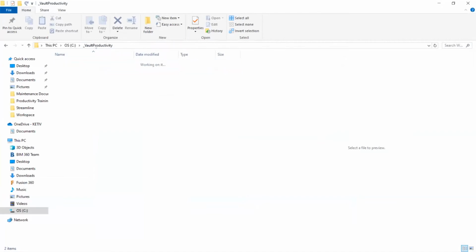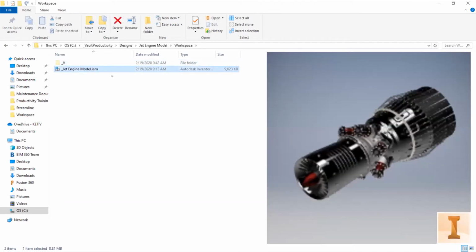So the structure in here is this will be our top level, and then according to the folders that it's a part of, this is where it technically will belong. Well, the whole working folder idea here is we want to make sure that the top level, in this case Vault Productivity, matches up